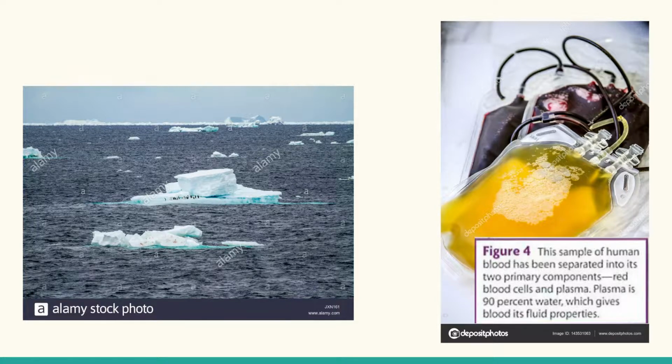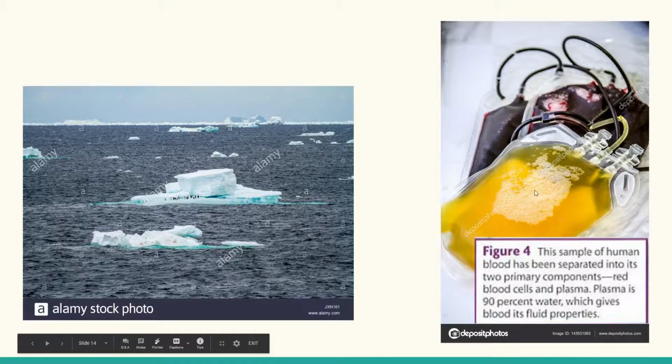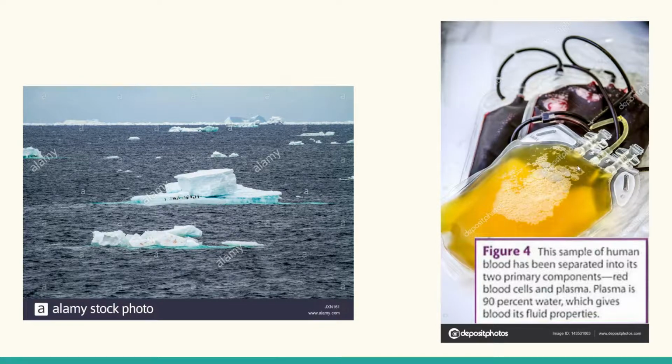So both are useful. I do know you can donate both. Sometimes plasma is a little more useful to donate, but I know they can essentially take your blood out, do this, give you your blood cells back, and then just kind of mix it with some like sugar water to summarize, and pump that back in your body, and you don't really feel much different if you're healthy. But you can donate your plasma to help other people who might not have plasma, because that's really useful for certain people with certain medical